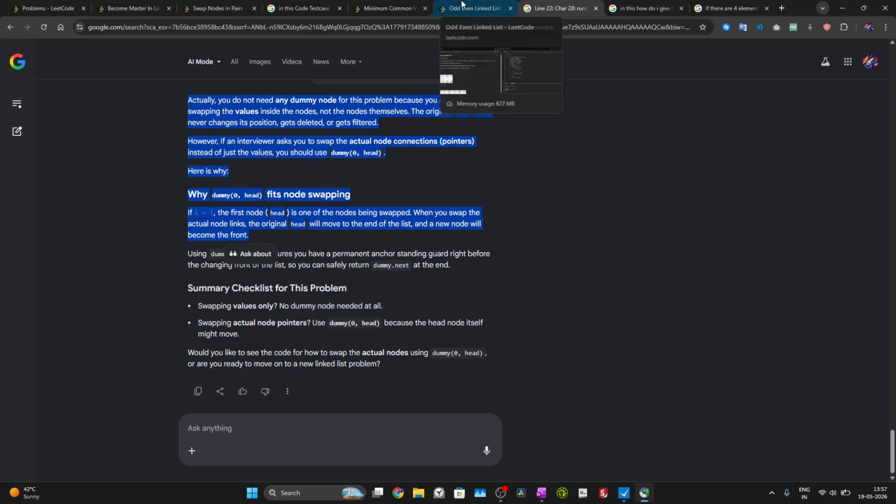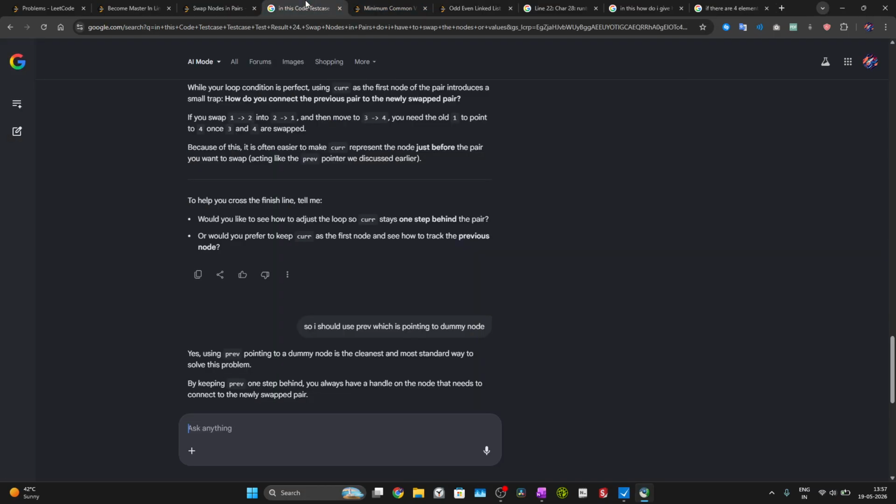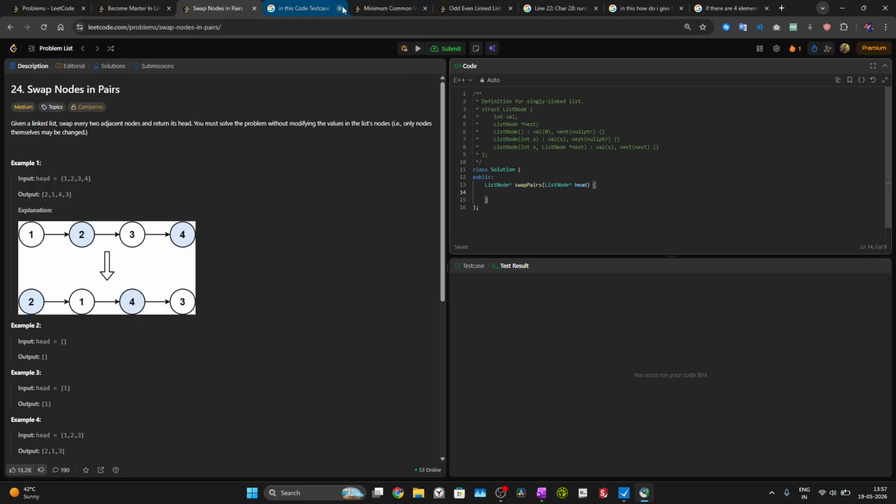Okay. I'm actually getting confused right now. Let's make list node dummy 0 comma head. I think I need to give it the head value because I need to store the head value first. List node star prev equals pointing towards dummy, and what I should make it